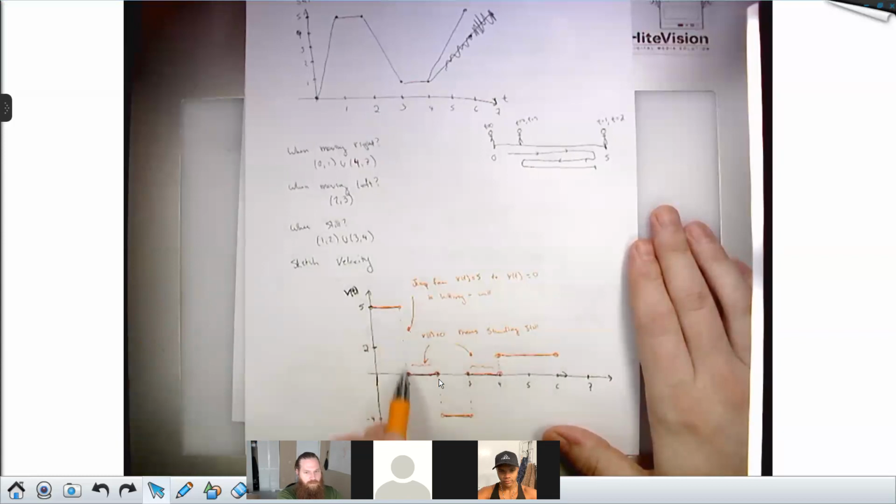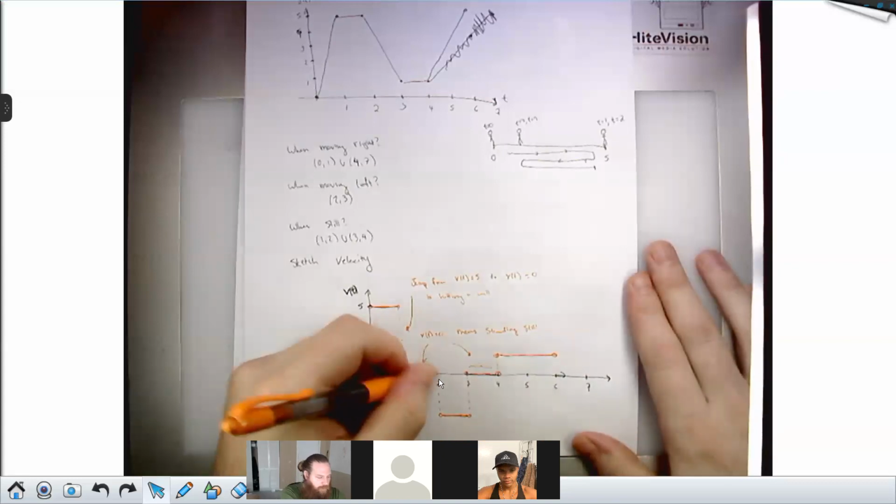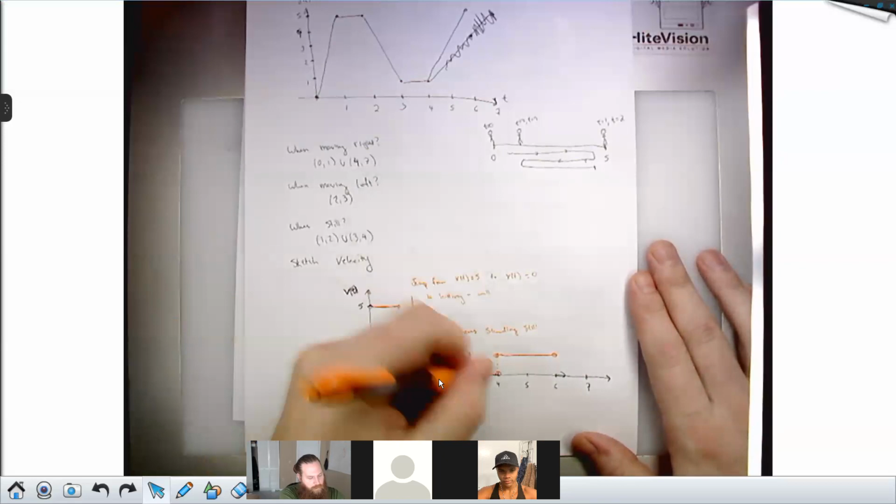So each of these jumps is a very quick change in velocity. You can think of it like hitting a wall. I'm running, smack, I hit a wall. Now my velocity is 0. I get back up, I'm running, smack, I hit a wall. My velocity is 0. I get back up, I'm walking to the right. So these intervals where the velocity is 0, everywhere in between here, I'm standing still. I'm lying on the ground.